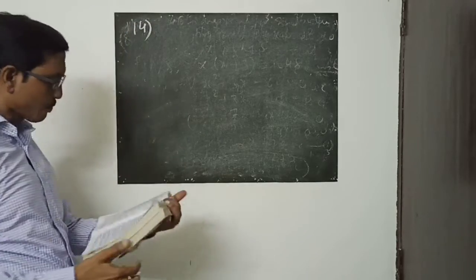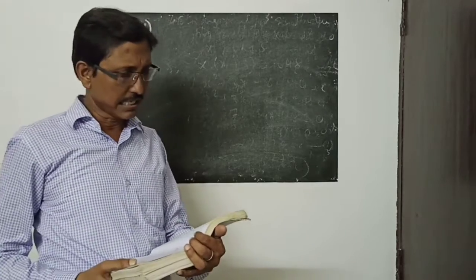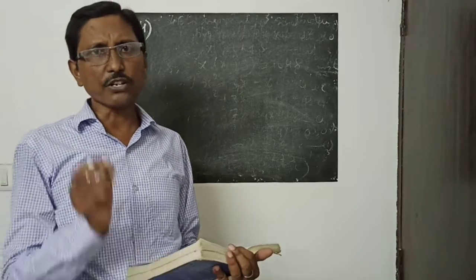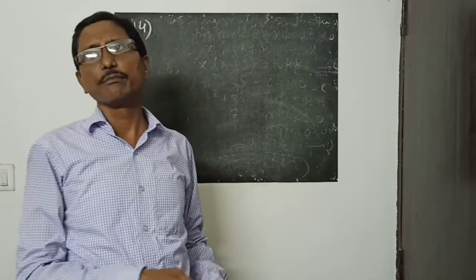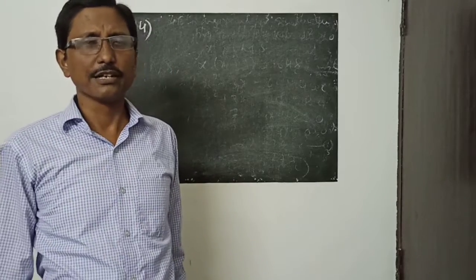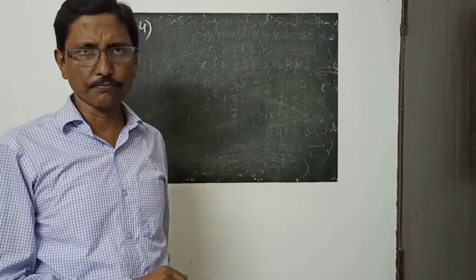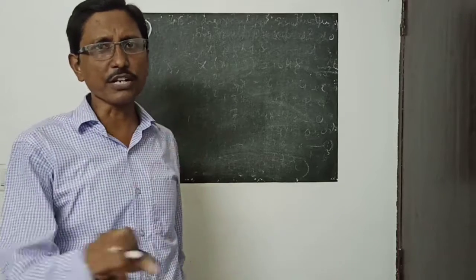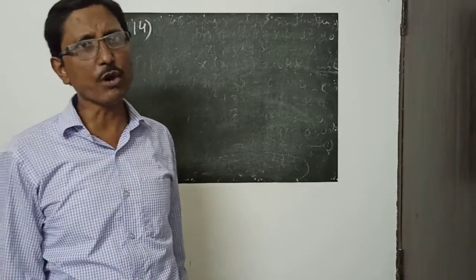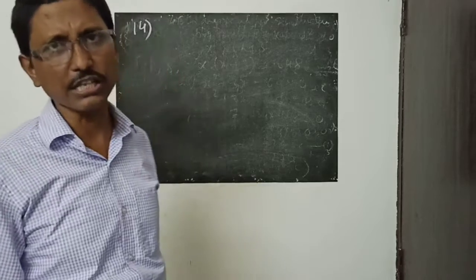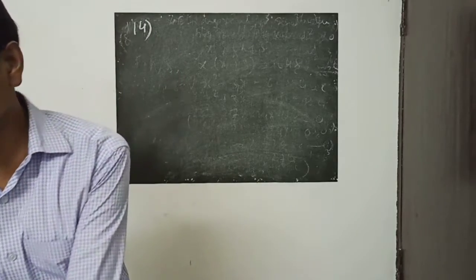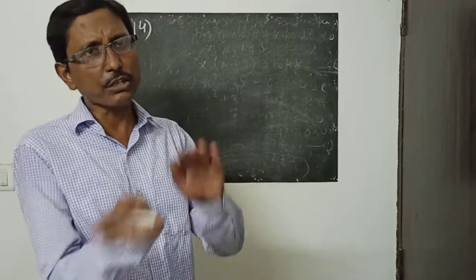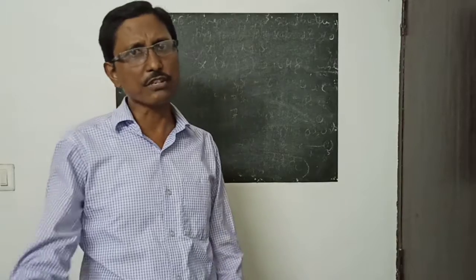Question number 14, if you want to see what it is saying. The difference of two natural numbers is 3. Difference of two natural numbers is 3 means, suppose if one is 12, the other number may be 9, then also the difference is 3, or the other number may be 15, then 15 minus 12 is also 3. So in whichever way you are thinking, according to that the equation will come. Suppose if the first one you have taken larger, x, and the second number x minus 3, then the equation will be arranged in this form.